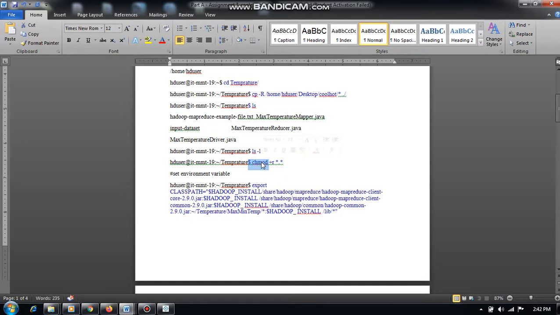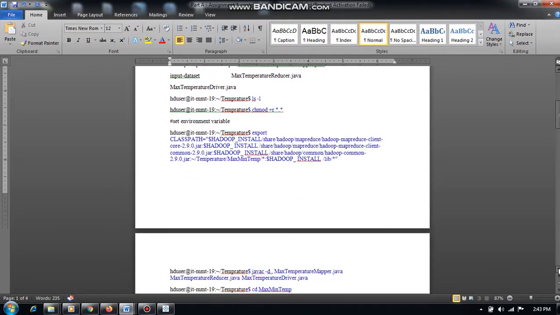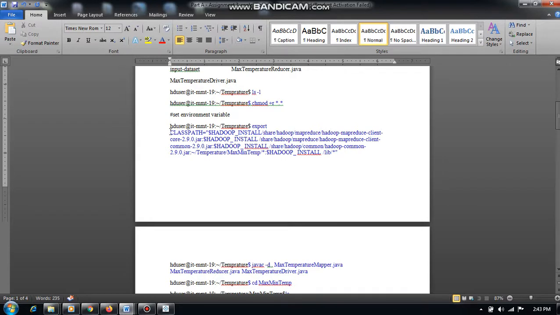The command is chmod -R 777 star dot star. Through this command we are again changing the mode of the copied files, that is, read, write and modify. Next, you have to set the environment parameters. Again, there is the export command and a particular path. We will provide this to you at the practical time. You don't need to remember these things; you just export and copy this command over here.